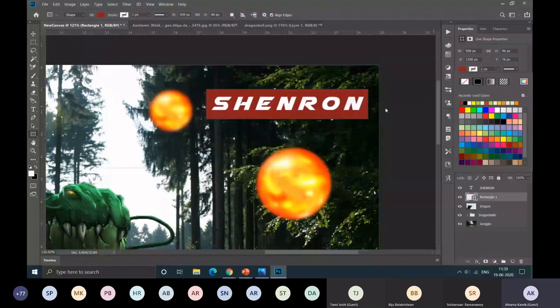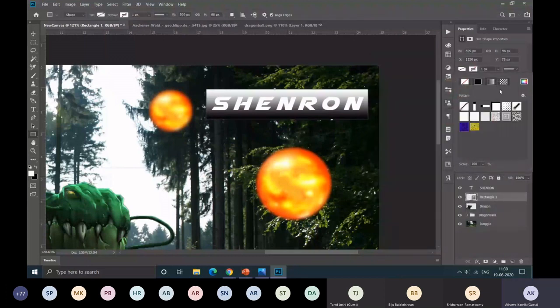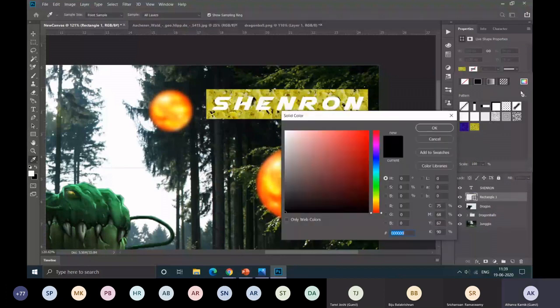You can also add the gradient like this, and you can edit the gradient. I'll show the gradient option in some time. You can also select some texture like this. Photoshop has provided some textures. We'll go with our manual color now. Yeah, this is okay. You can also add some boundary.